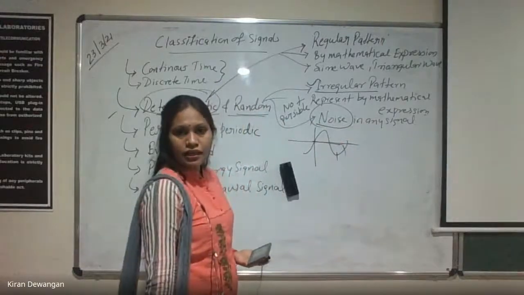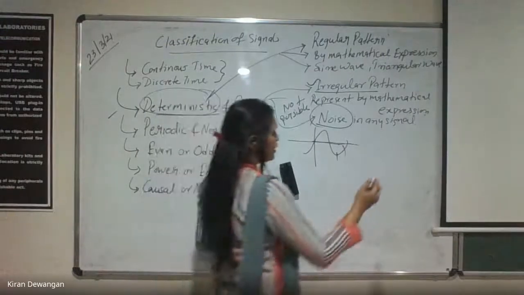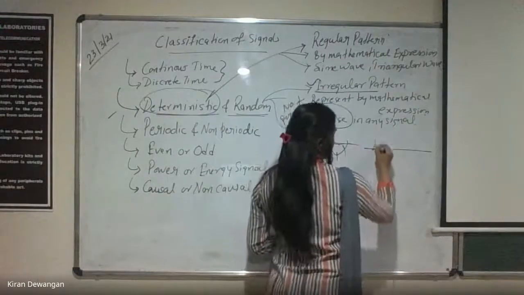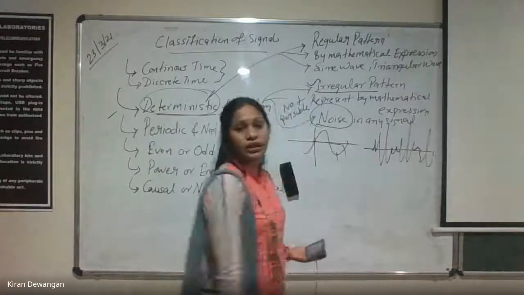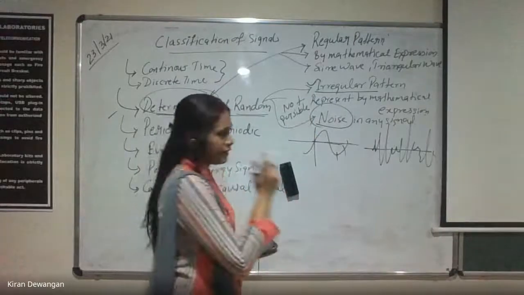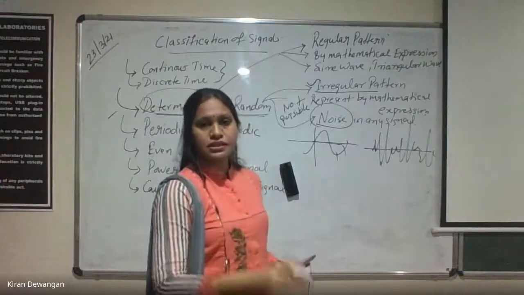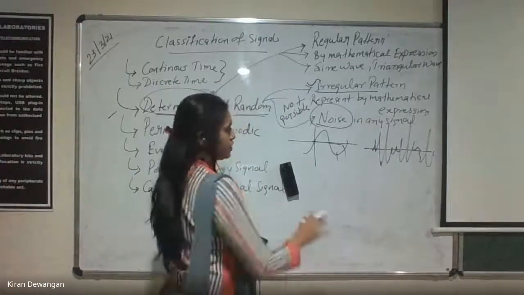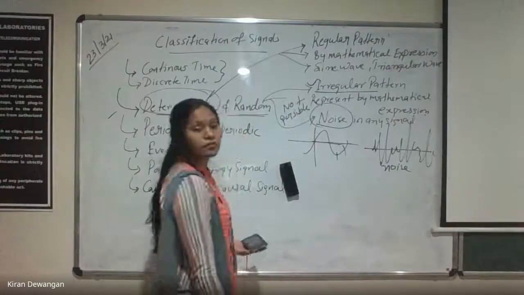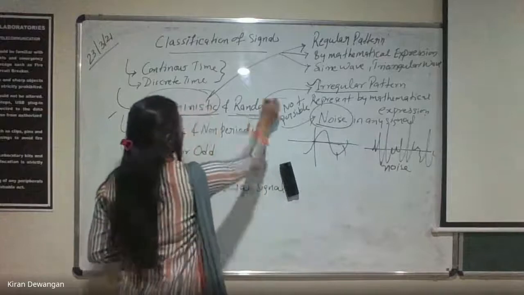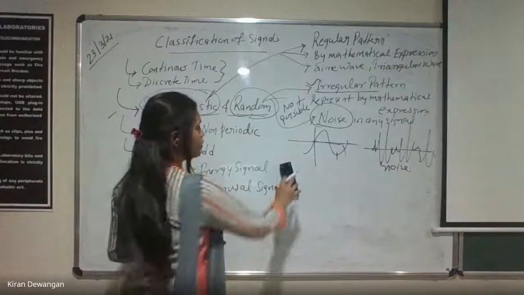Any noise signal that is generated by any electrical circuit or any kind of circuit is nothing but a noise signal. It could be anything like this, where we don't have any proper pattern, and we are not able to express those signals in any mathematical expression. This is the kind of noise signal which is generated, and that comes under our random signal. I guess deterministic and random signal is clear to everyone.